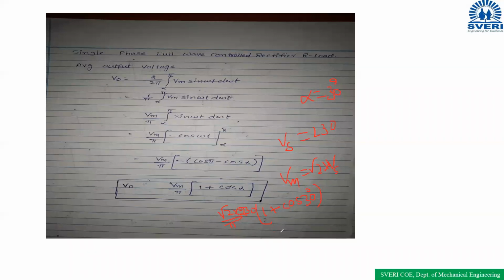Okay, for example, we are getting 200 volts. I think not exactly, I'm not calculating. Okay, 200 volts. Clear? If the firing angle is 30 degrees, then we are getting V0 equal to 200 volts. Okay, if I increase the firing angle from 30 degrees to 60 degrees,